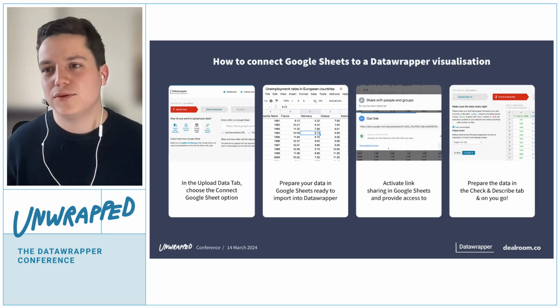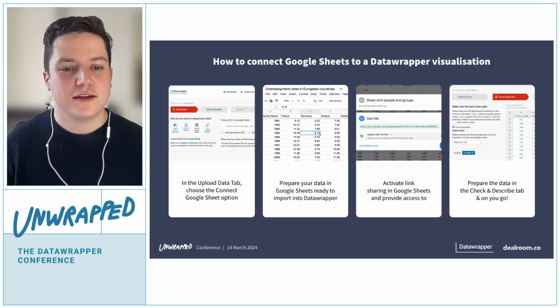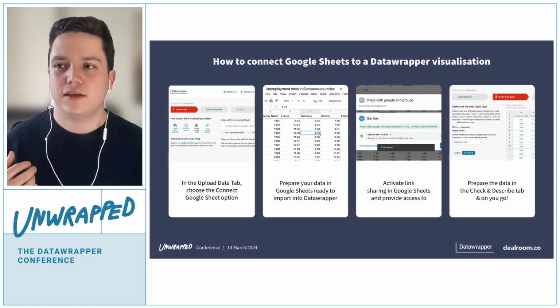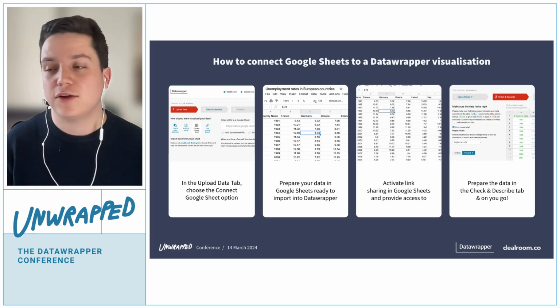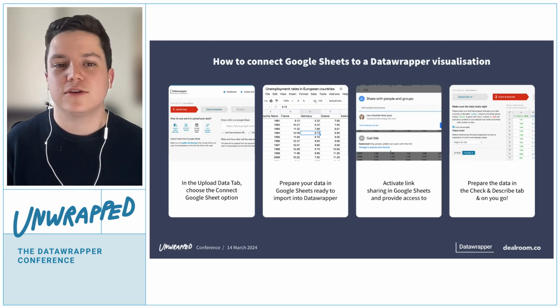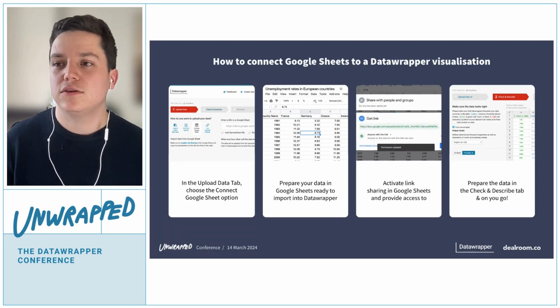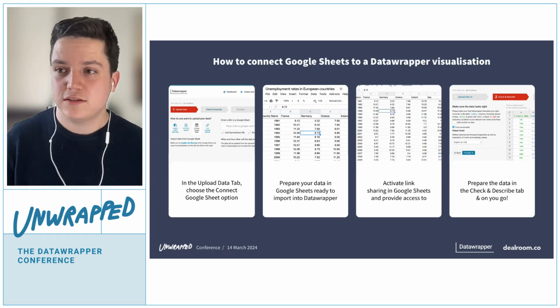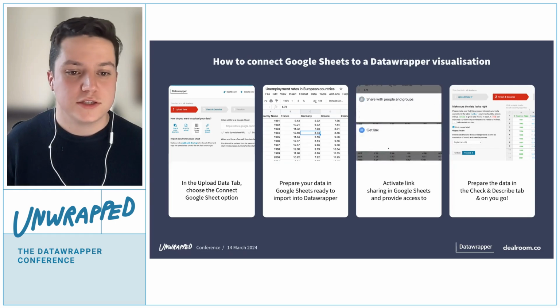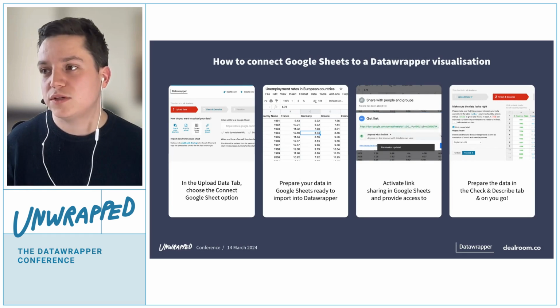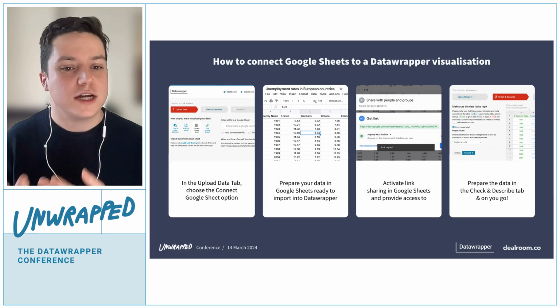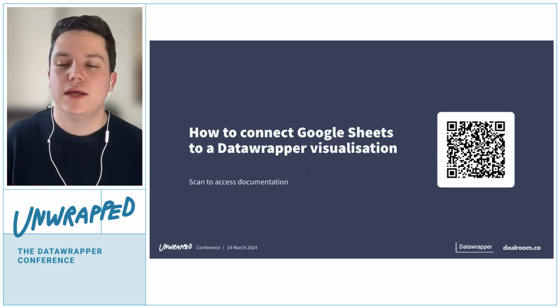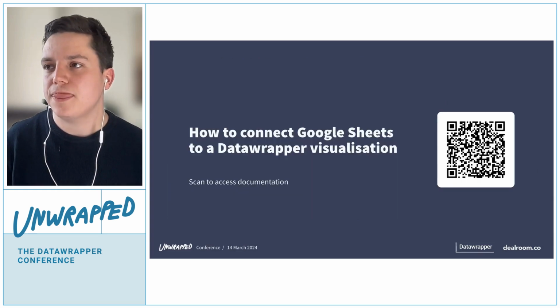Then you go to the Upload Data tab in the Datawrapper Create a Chart section, and you link the URL, with the permissions that have been granted for Datawrapper to be able to fetch that information, into the search box seen on the far left-hand side. Once you have two green ticks showing that you've got a positive connection, that means you can move on to the next step, which is Check and Describe, and then make all the different visual annotation changes.